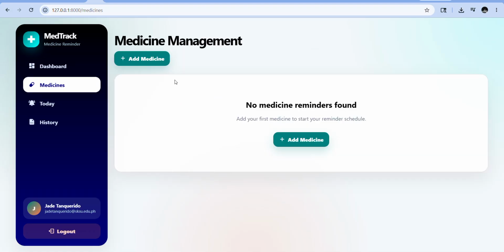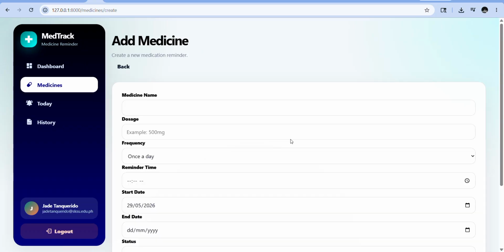Here, the user can add new medicine by clicking the Add Medication button. As a sample, paracetamol.